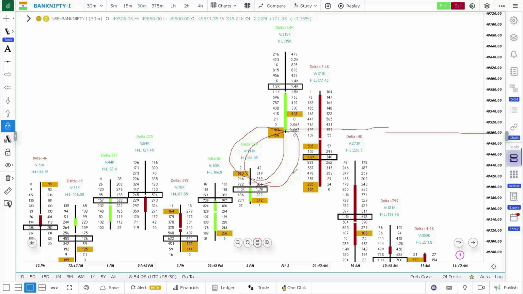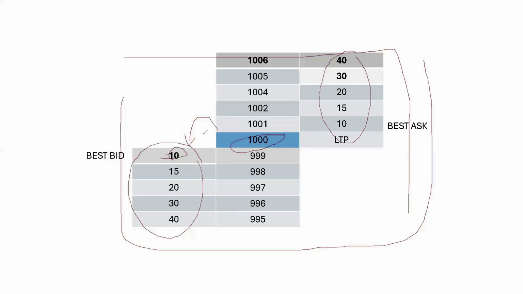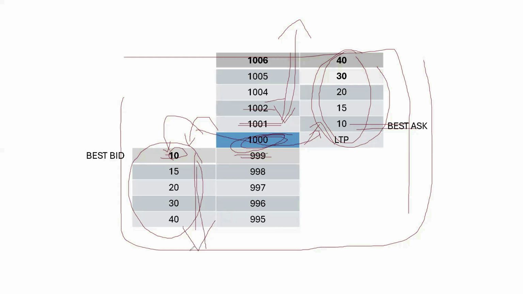So you might ask, when the price is continuous, why in intraday will there be gaps? Let me explain this. This is the DOM where buyers and sellers have placed limit orders. Unless a market order or a limit order specifying this price, the prices won't get executed. Same thing, unless a buy market order hits this best ask price 1001, prices won't go up. In general, sellers want to sell at higher prices. So as the prices go up, more sellers will be at higher levels. Same with buyers, as the prices go down, more buyers will be at the lower levels,